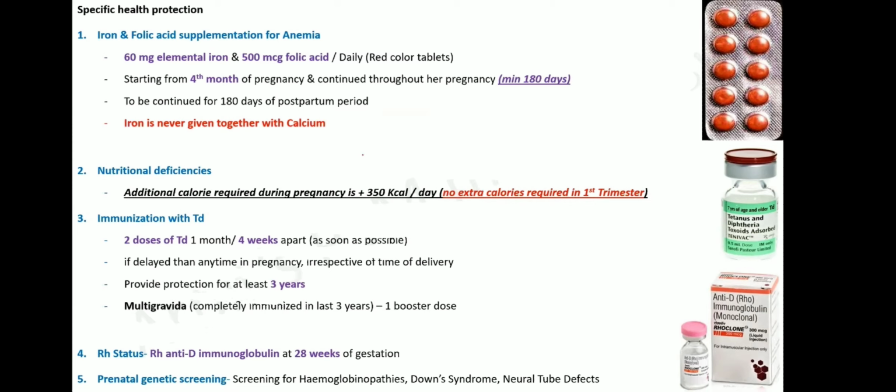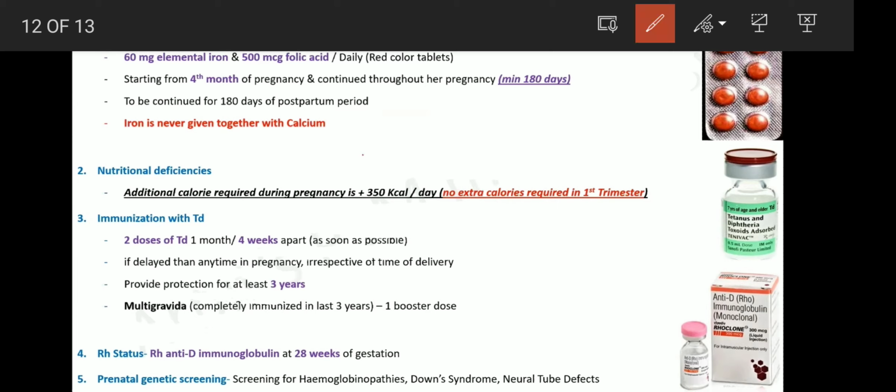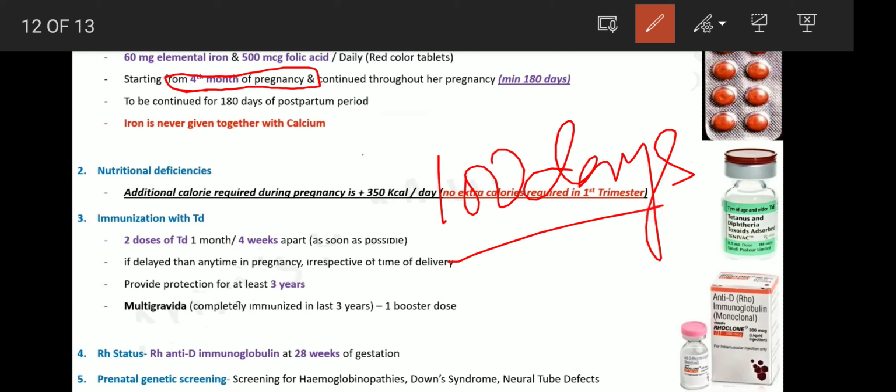The government of India has now initiated a program in which 100 mg of elemental iron, or 60 to 100 mg of elemental iron, and 500 mcg of folic acid are distributed daily for 100 days to pregnant women. Throughout the antenatal clinics, PHCs, CHCs, and sub centers, we have supplementation of iron and folic acid tablets. We start the supplementation from the 4th month of pregnancy. We give this for 100 days.